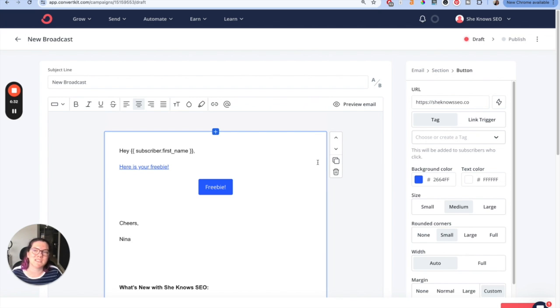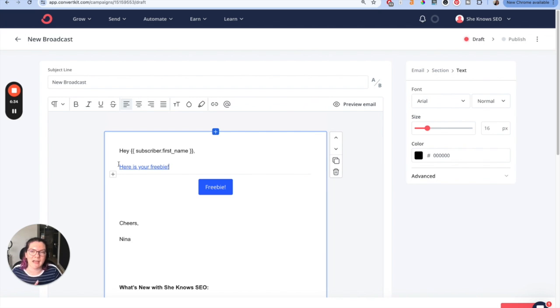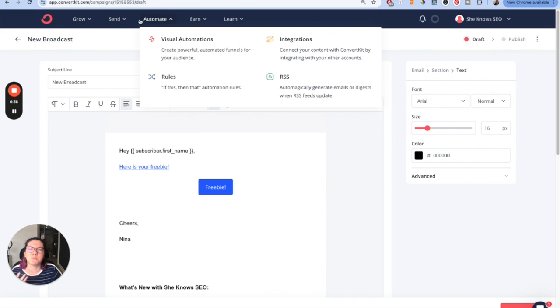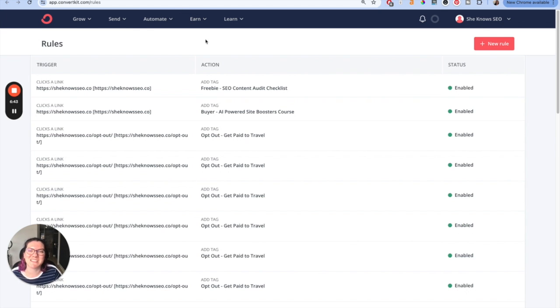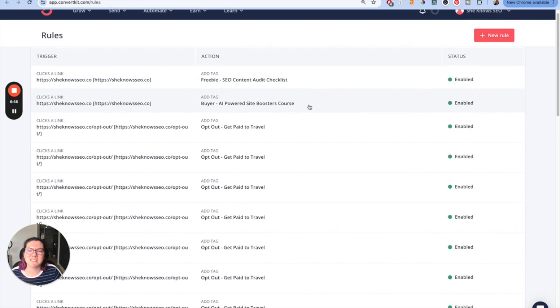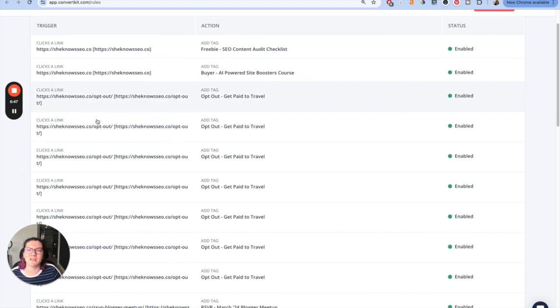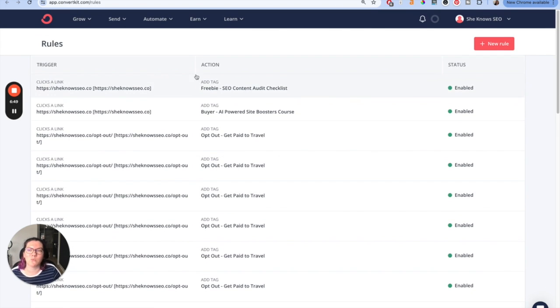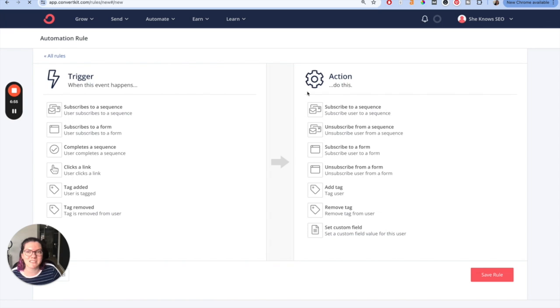Now the other option is the link trigger, and so the tag only happens on this individual link on the page. A link trigger is going to be more like site-wide, or again site-wide, newsletter-wide, that you can reuse over and over again. So you can see we have a bunch here because I did them all individually. But if I did it once and then named it something memorable, which is kind of the better way to do it when we keep reusing it, and that's how I'm doing it now for my sales sequences,